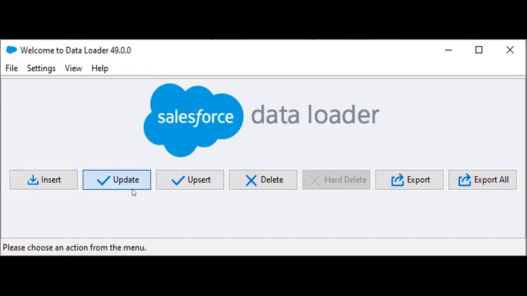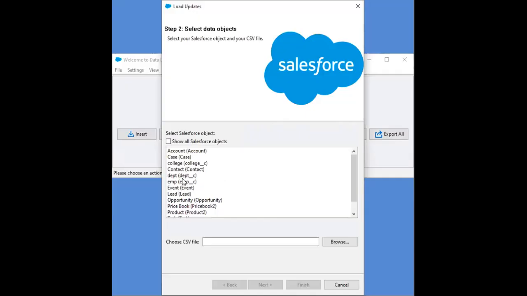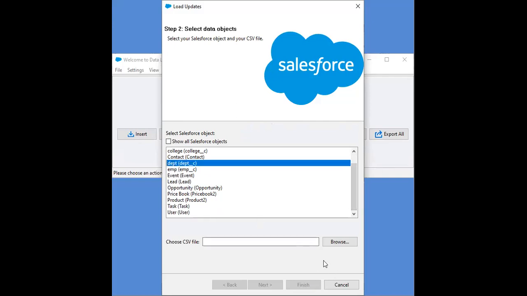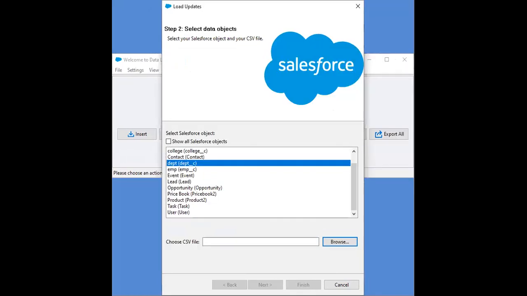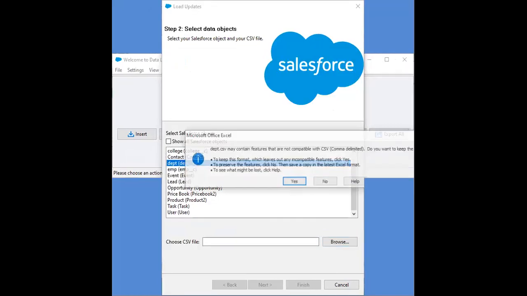Click on update, and then select which object you are going to update: the department object. Browse the file. I don't know whether it is saved or not, so first I want to save that one.